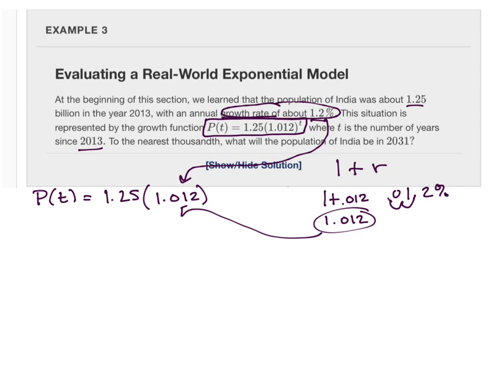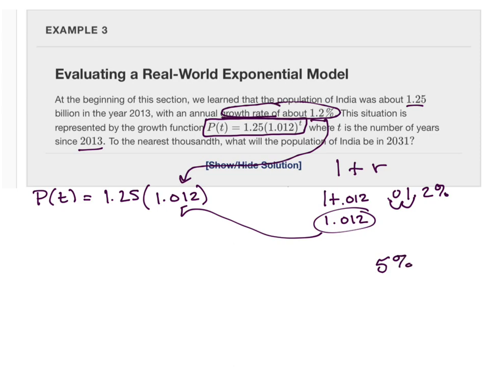Are y'all feeling like this is making more sense? Yeah. If it's growing, you have 1 plus the percentage as a decimal. So the percentage as a decimal, 1.2, becomes 0.012. You add it to 1 to show growth. You take it away from 1 to show decay. So like negative? It wouldn't be negative. It would be a decimal. So I would have 1 minus. Let's say I had